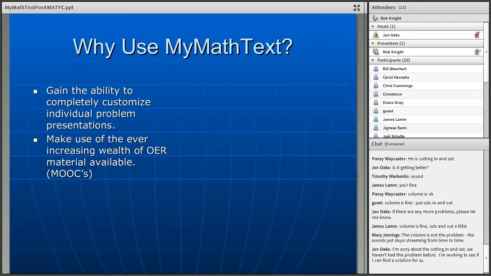The ability to actually import the lectures from MOOCs into MyMath Text and then build your own questions and also your own lessons, whether they be videos or other material that you might want to include in addition to what is being supplied by the actual institution, makes this a manner in which you as a professor could, let's say in the field of statistics, utilize the Princeton course in statistics and the lectures that are given there and import them,